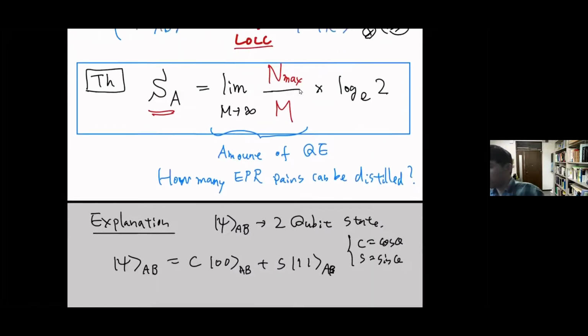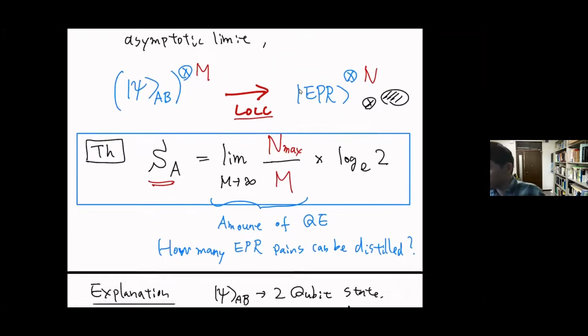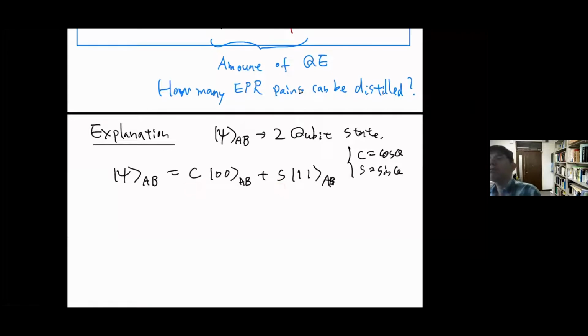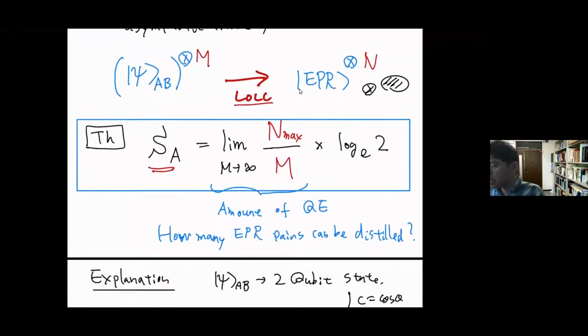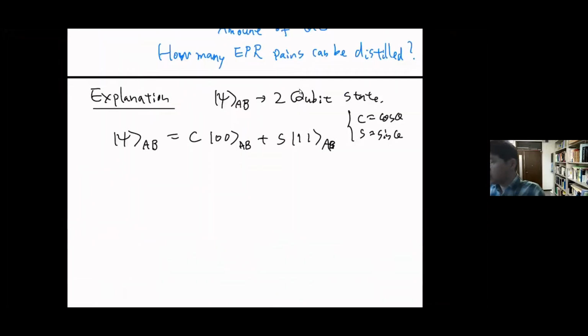If you have this procedure in mind, we literally get in trouble, because it's a very ambiguous state with very generic coefficients. How many pairs? Probably zero. If the coefficients are 1 over square root of 2, then we get just one EPR pair. But if they are not 1 over square root of 2, then we cannot get any pairs. So this looks like a problem. But here, multiplying by M copies, the asymptotic limit, plays a very important role. So let's take